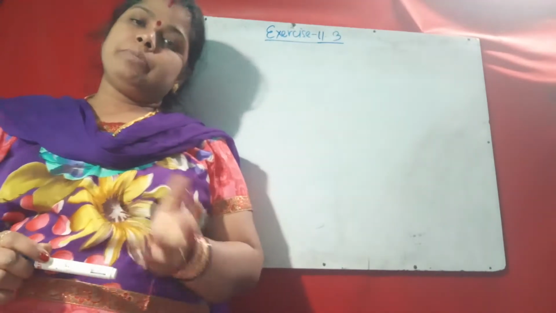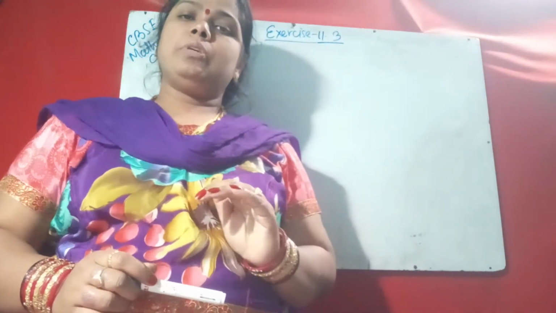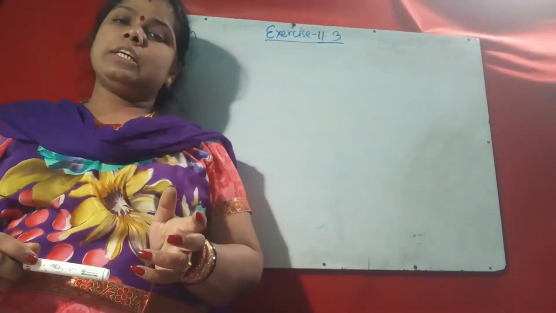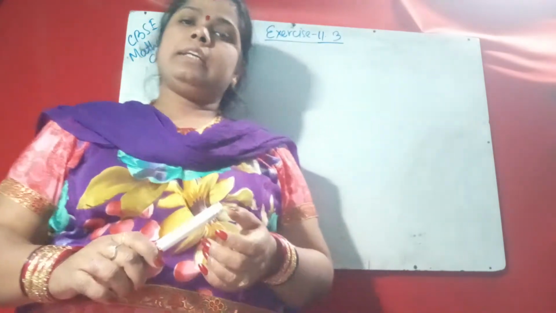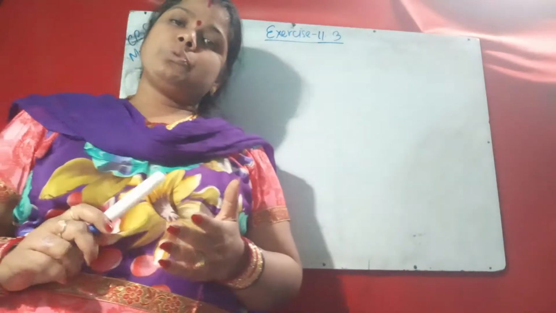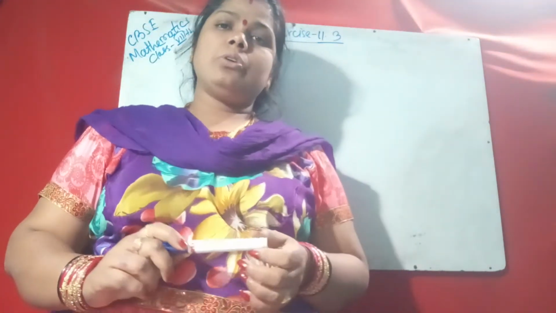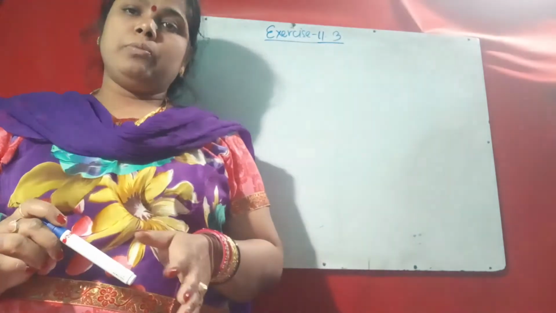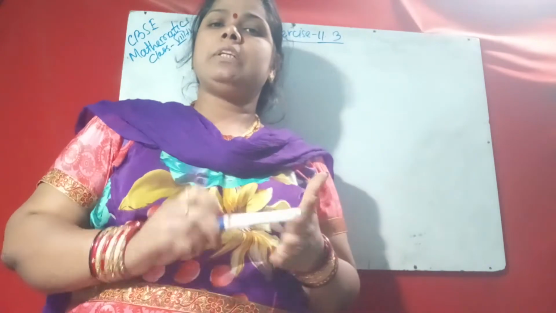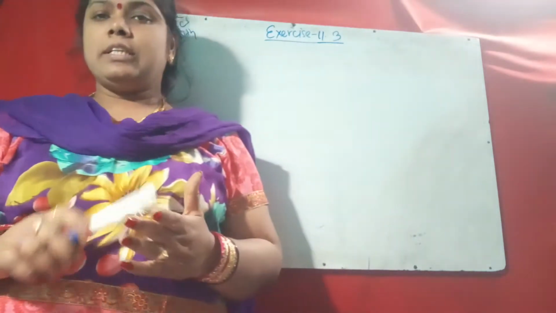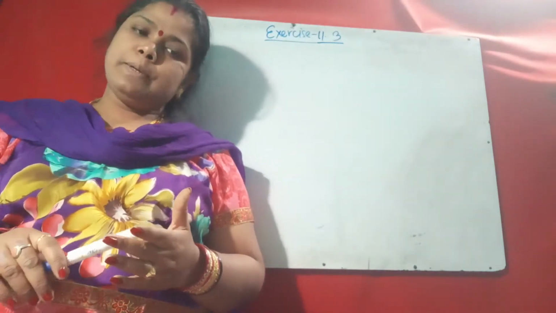So, in the previous class, I discussed the formulas for the surface area and lateral surface area of a cube, cuboid, and cylinder. I hope you have already memorized the formulas. Today we solve some important problems, not all, just some selected problems from Exercise 11.3, based on the surface area and lateral surface area of a cube, cuboid, and a cylinder.